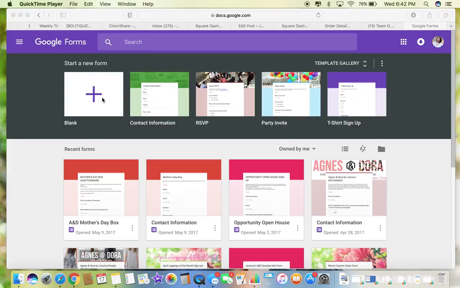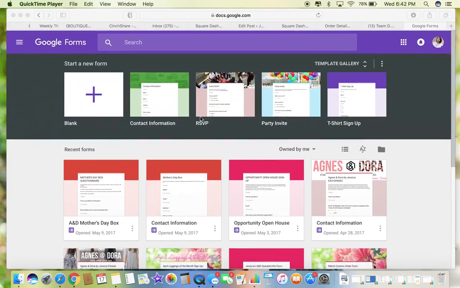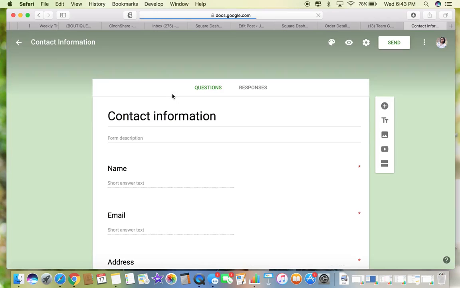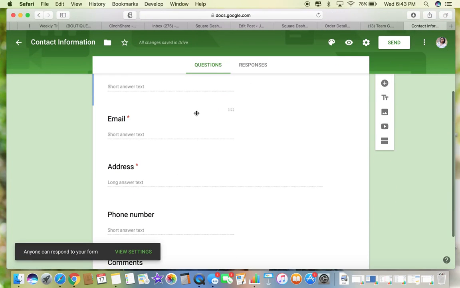A quick tutorial on how to do a Google Doc. You can see that these are all the Google Docs I have. I have a lot. Once you start doing it, it's super easy. They have the forms up here that have basic templates that you can use. You want to use the contact information one just because it starts out with really the basics that you